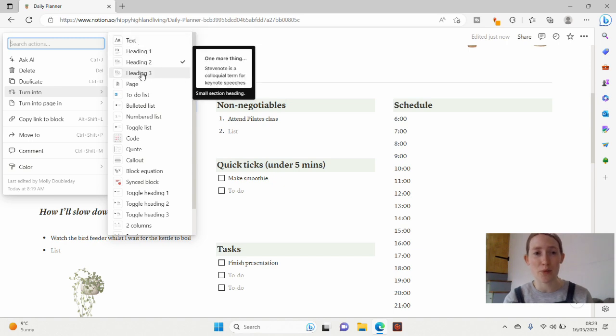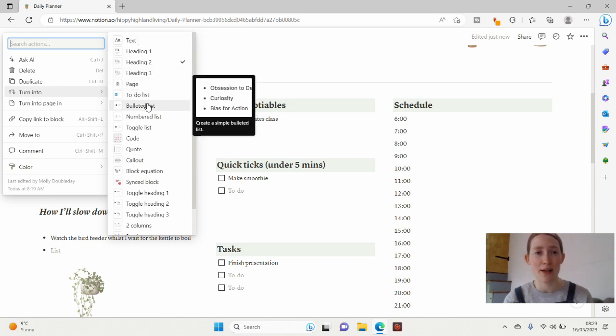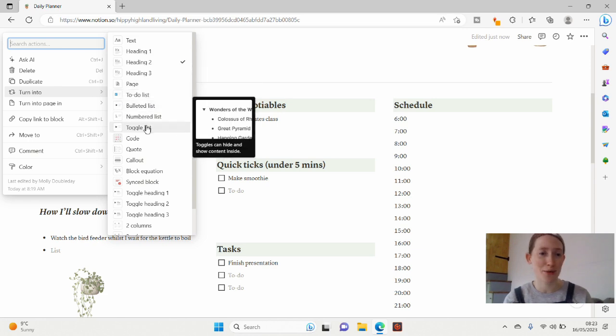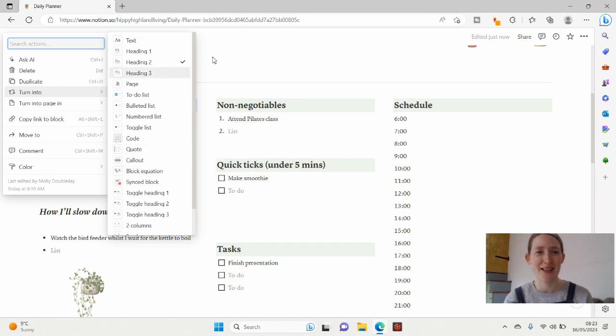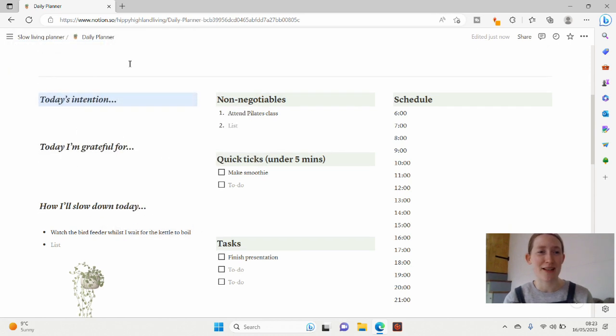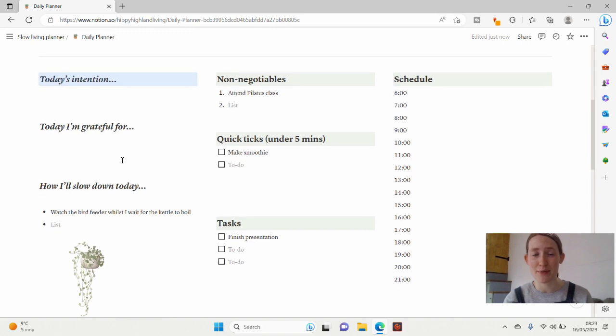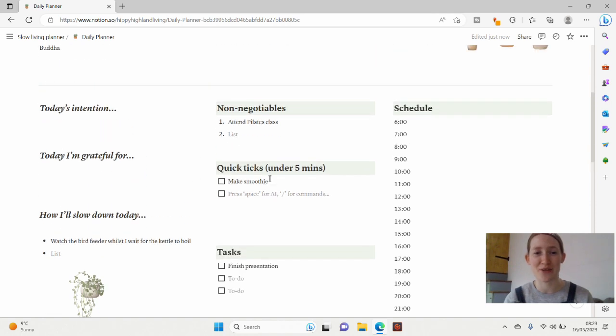And this opens up all the options basically you can do in Notion. So you can make it into a to-do list, a bulleted list, a numbered list, a toggle list, a quote, lots of different options in there for you. So for example, these I've just put in as headings, but I've got different types of lists here. So I've got a numbered list here, and you can start typing straight away. And the same with this, it's a to-do list, and you can tick on and off, which is quite satisfying.